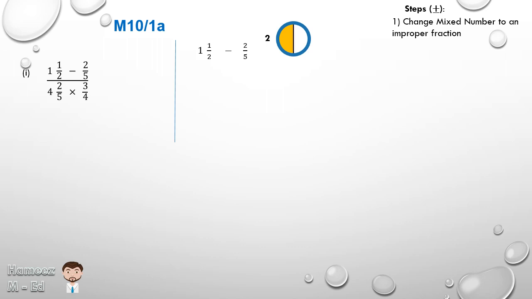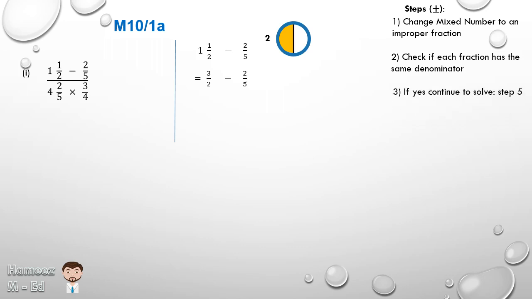1.5 minus 2/5. If we look at the steps for addition and subtraction of fractions, the first step will be to change the mixed number to an improper fraction. 1.5 means that we are changing it to how many halves. 1 whole gives us 2 halves, plus a half for the proper fraction, so that's 2 and 1, 3 over 2, minus 2/5, that is already a proper fraction. Now let's look at step 2. Check if each fraction has the same denominator. One of the fractions has denominator 2 and the other is 5. Since they're different, we need to find the LCM,